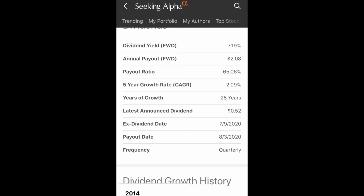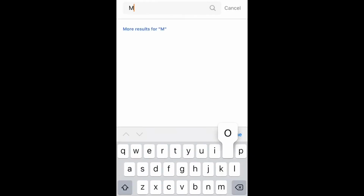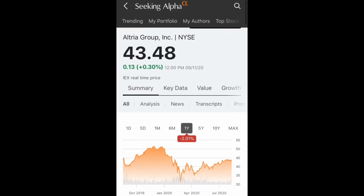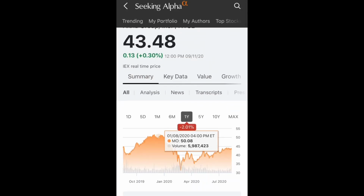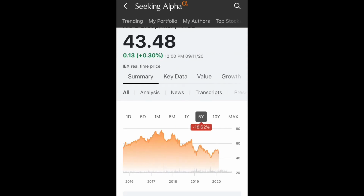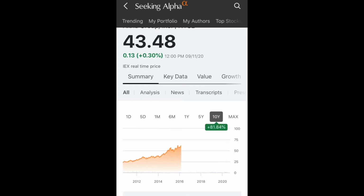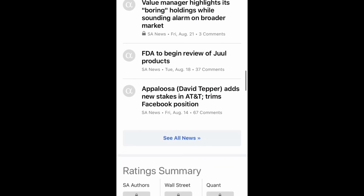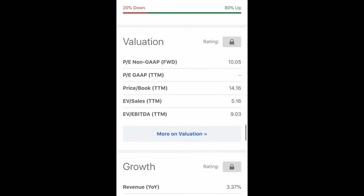On the other side, companies like Altria, ticker symbol MO. This is a stock that's at $43.48. Look at it. January, it was at $50. 5-year trend, look at that. We do not want to see it declining. In that 10-year trend, kind of the same thing, going up and down. If it's going to stay sideways, that's fine. But this is a company that